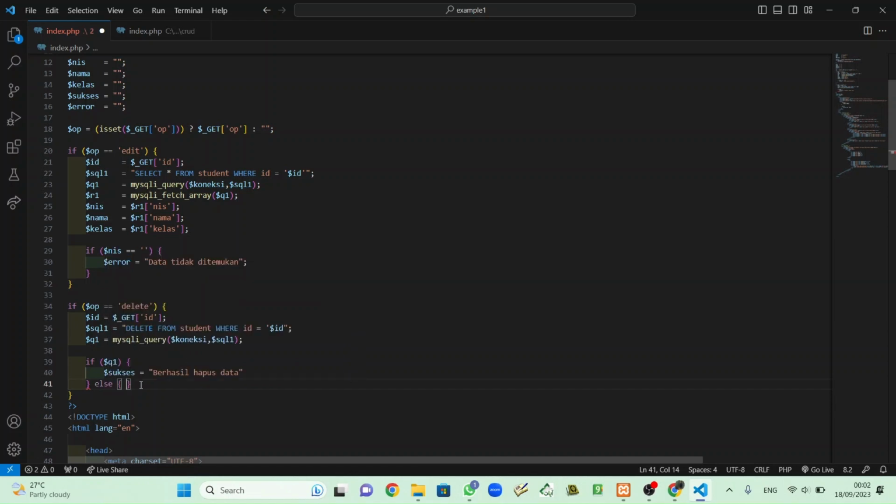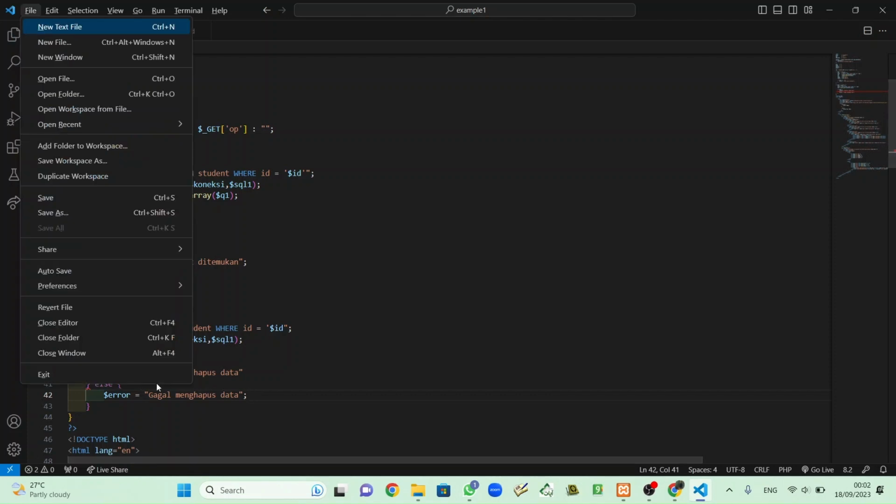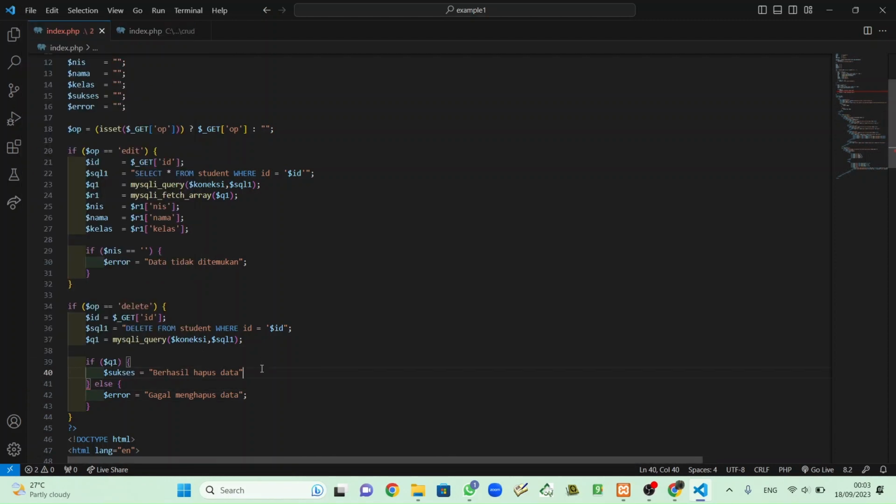Else error. Okay, close tag, save, and don't forget to put the close thing or semicolon. Save,